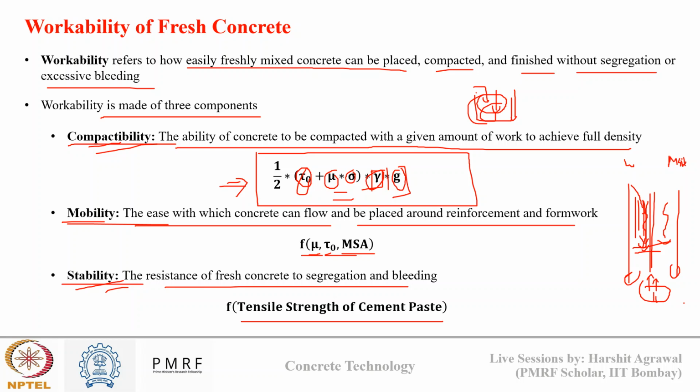Now, these three components of workability are important to ensure good quality and durability of my concrete. Okay, compactability ensures that my concrete is fully compacted with minimum effort required. Mobility allows that my concrete is freely flowable, making placement of concrete efficient, and there are fewer defects inside the formwork, and stability prevents segregation and bleeding, which helps me to maintain a uniform mix after compaction is applied. And these three combined define the workability of my fresh concrete.